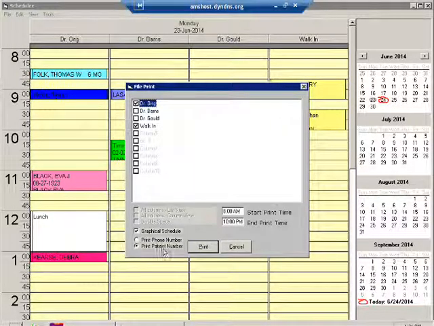At the bottom here, you can choose whether you want to print the phone number or the patient number. And then over on the right, you have the start print time and end print time. Most people will print the entire day at once when they come in the morning or maybe the night before,